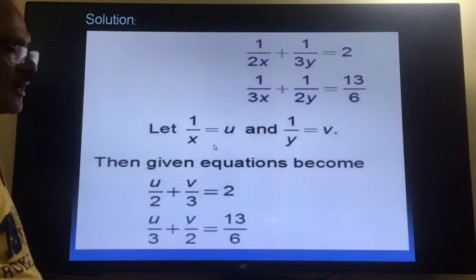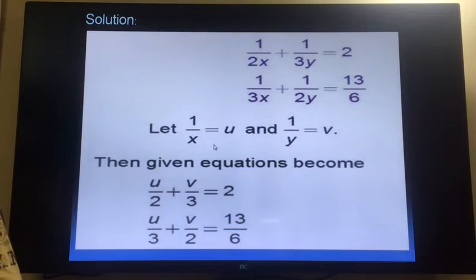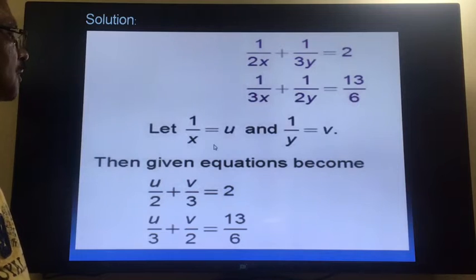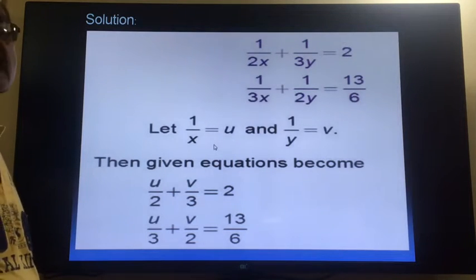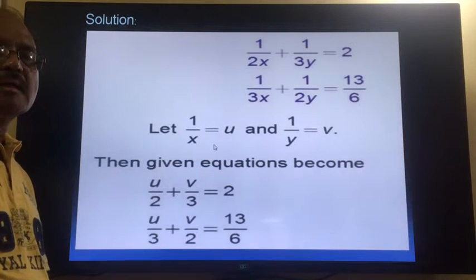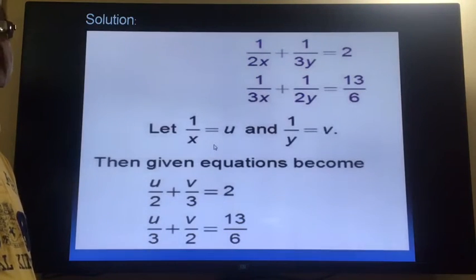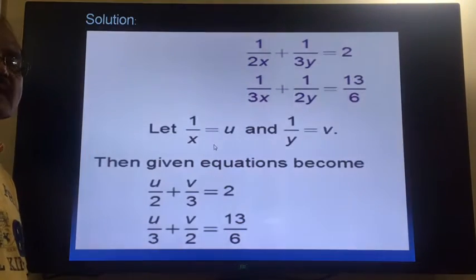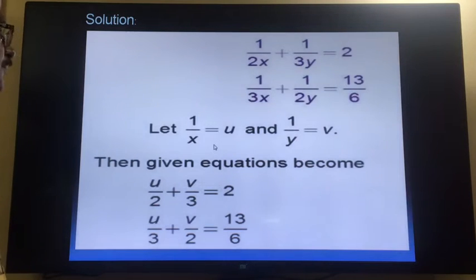Now in this case, after doing this, what we are observing, u and v variables are in the numerator, so their power will be plus 1, and because it is plus 1, now these will be linear equations. Because these are linear equations, we can use all three algebraic methods: one is the substitution method, second is elimination by equating the coefficient method, and third is the cross multiplication method.